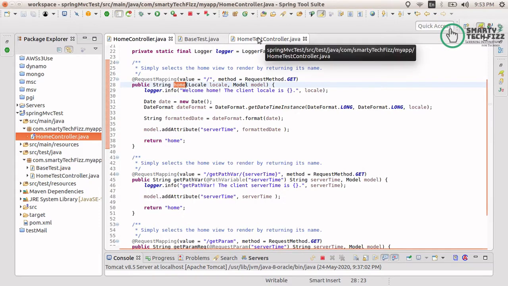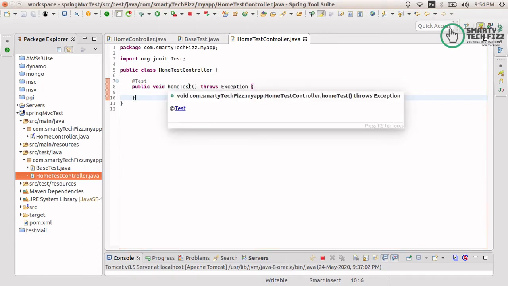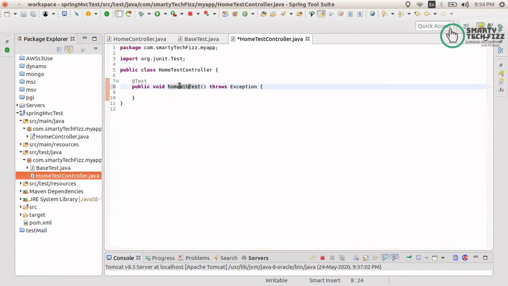I always prefer the same name as the function which you are going to test, with test after it. If you are testing any negative case, like with null or with not null, maybe you have multiple test cases, so just name it accordingly, or give whatever name you want. It's only my way of doing it.